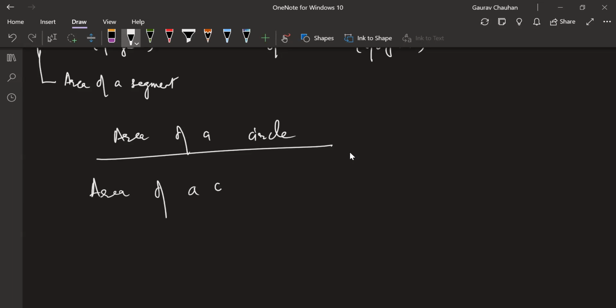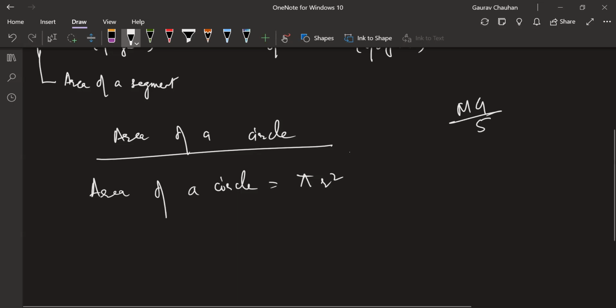Thank you, MG. Area of a circle is equal to pi r square. MG being the only one who remembers. Okay, you were raising hands. All right, so how do we get this? If anyone remembers, if you don't, I'll just... You want me to recap how we get this? It's not necessary. We're good. We'll move ahead.